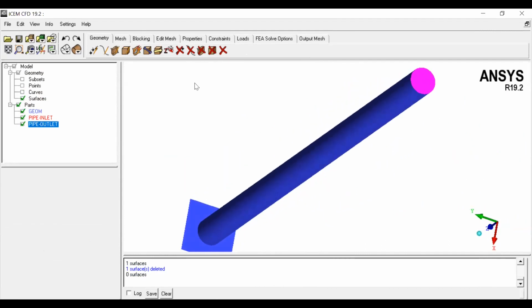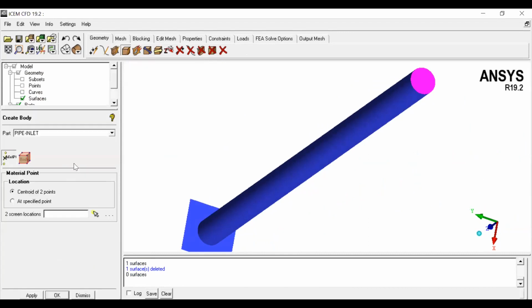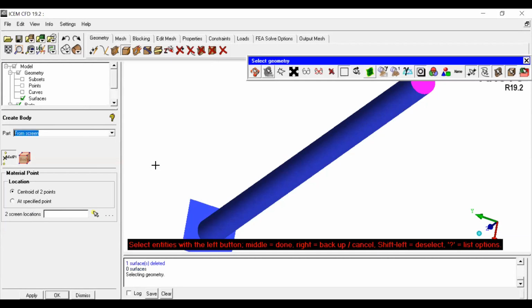To create a solid body, go to create a body, create a body from geometry. You can select by surface. You can select on the screen what are the surfaces available.